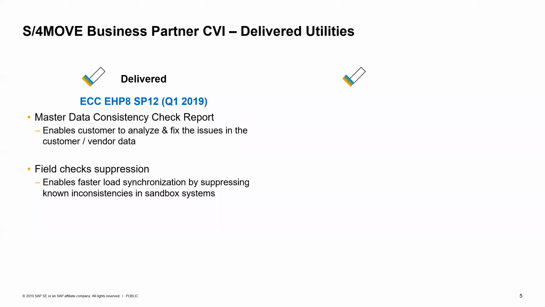However, for a BP synchronization, the system expects a few additional data to be maintained in the customer and vendor data models itself in order to be successfully synchronized to the business partner. So this master data consistency check report is basically a tool that is offered to the customer, and he can run it at a very preliminary stage when he's just thinking around the conversion project as such, and he gets a clear idea around what are the number of errors that he needs to resolve in order to go through